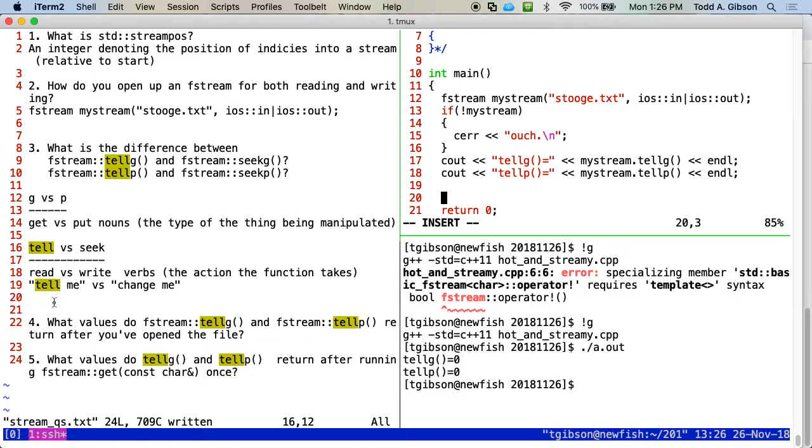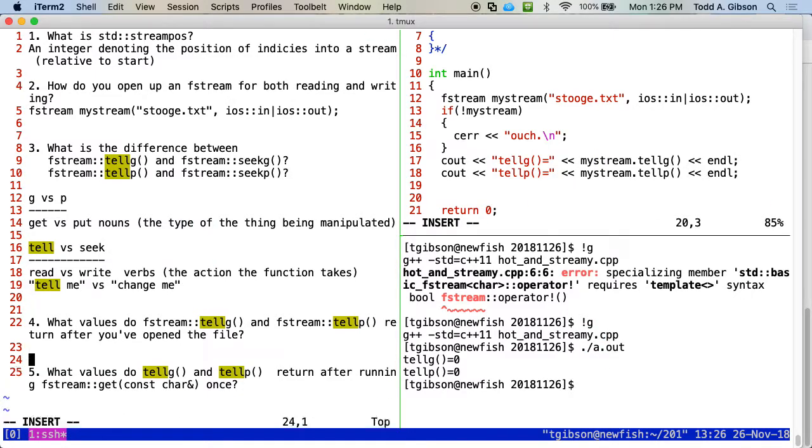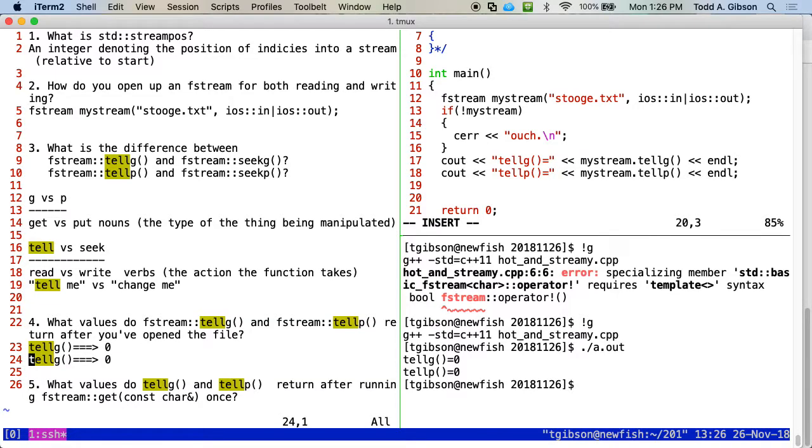Come up here, and we are asked to provide this. tellg is giving us 0, and tellp is telling us 0, so that's the answer to that. After running fstream get, so help me call this function.